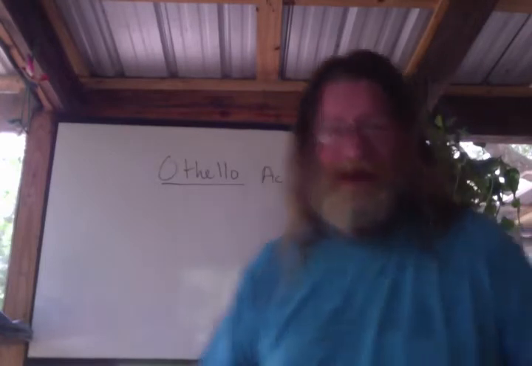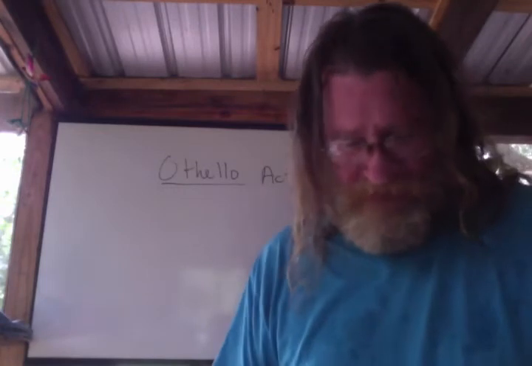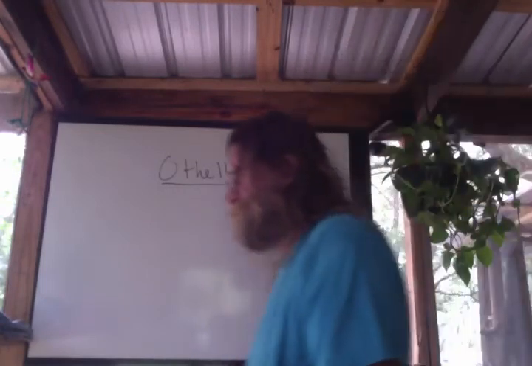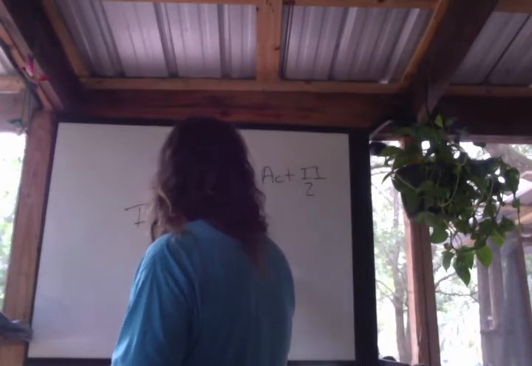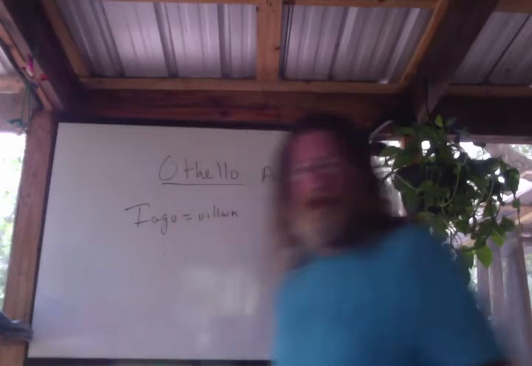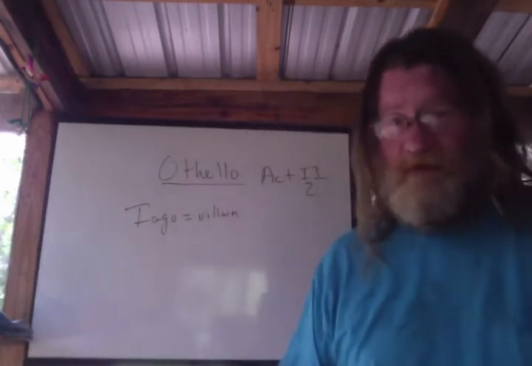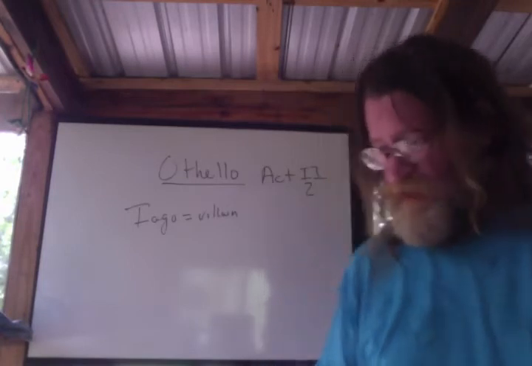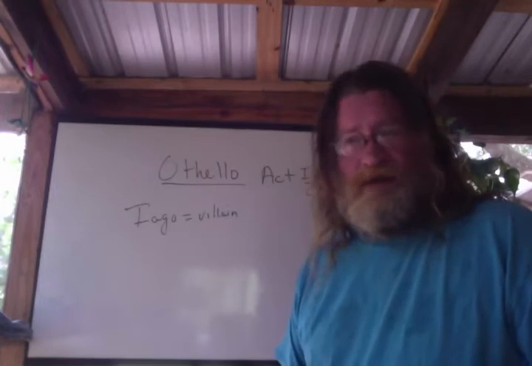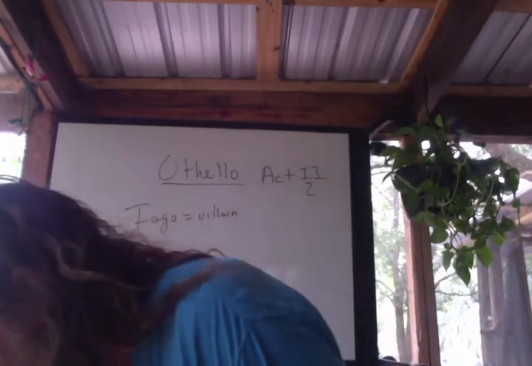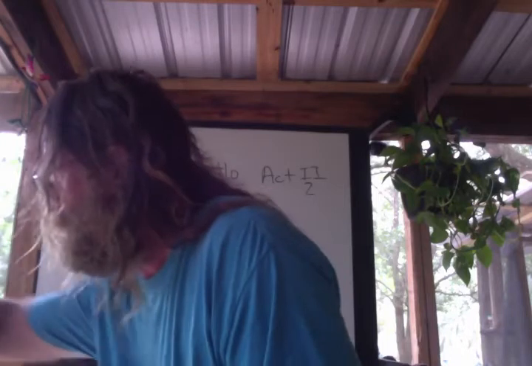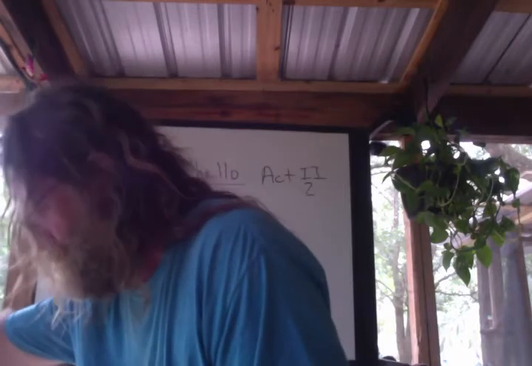All right, so in this act, we're going to see Iago, who is the villain. He's going to show us more of his character, or lack thereof. We're also going to see how he embodies all of the 7 deadly sins. And the 7 deadly sins